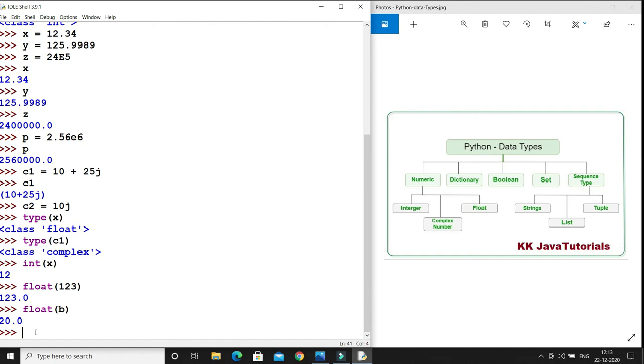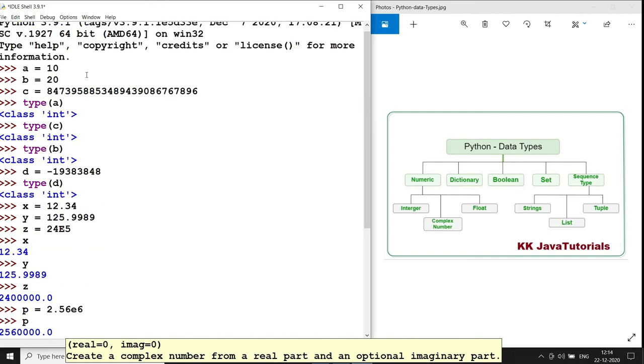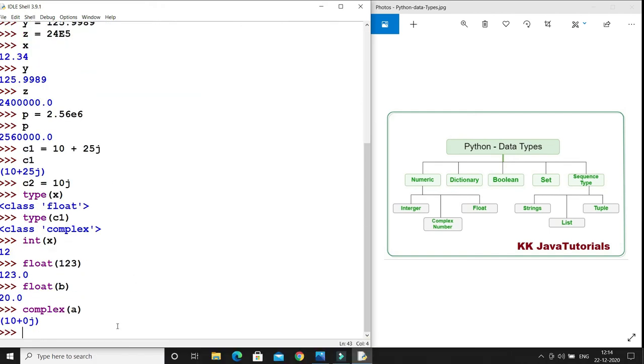Let's talk about the complex number. To convert a number into a complex number, we have a function called complex. Here you can pass either one or two numbers. Let's say I'm passing a, which is 10, and if I press enter you can see 10 plus 0j.